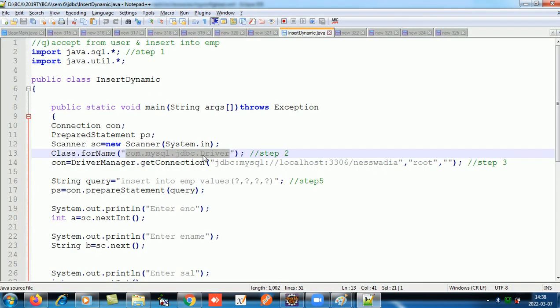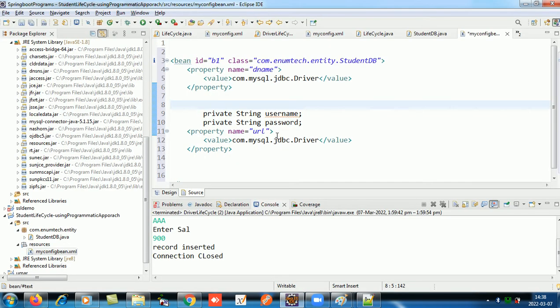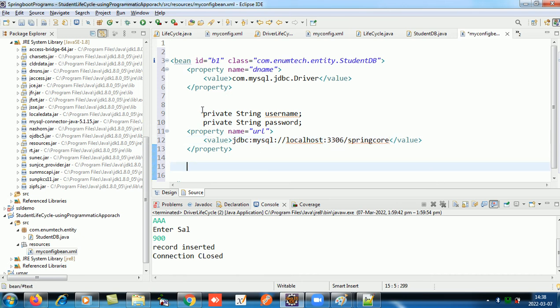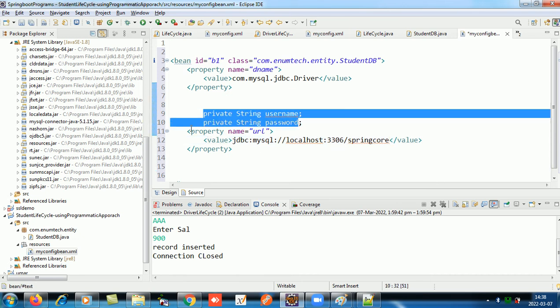So this is the URL. From here till the database name. So we can change the database name also. So I'll change the database name also. Maybe I'll give the database name as Spring Core. Okay, this is done. Now we have one more for